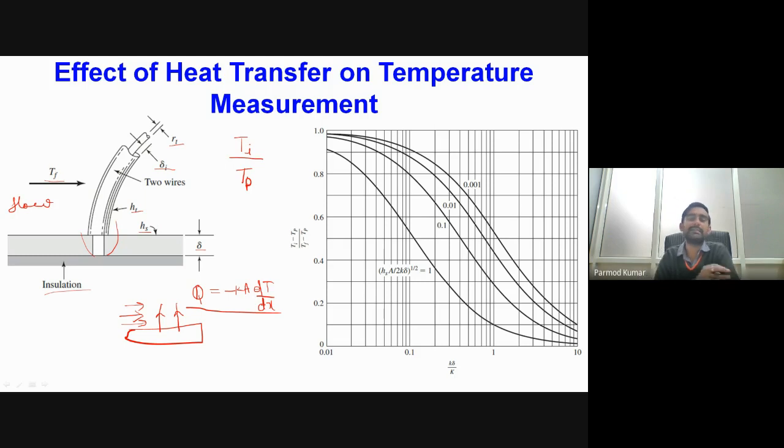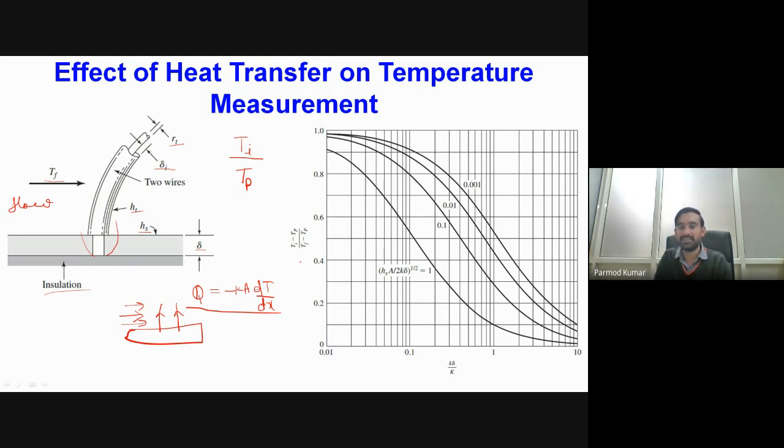In this physical situation, we have considered only the effect of conduction and convective heat transfer. We are not at present including the effect of radiative heat transfer. So from this surface and through the wires of the thermocouple there is conduction heat transfer, and from the thermocouple wires to the flowing fluid, as well as from the surface to the flowing fluid, we have convective heat transfer. If we find the solution of this physical situation, we obtain the non-dimensional temperature profile as Ti minus Tp divided by Tf minus Tp. So what are Ti, Tp and Tf?